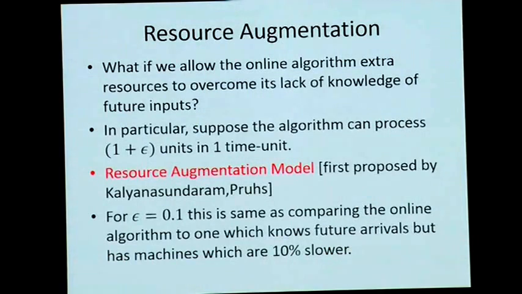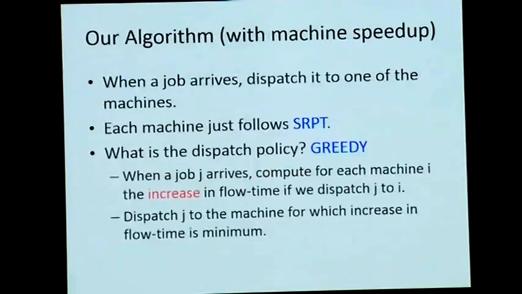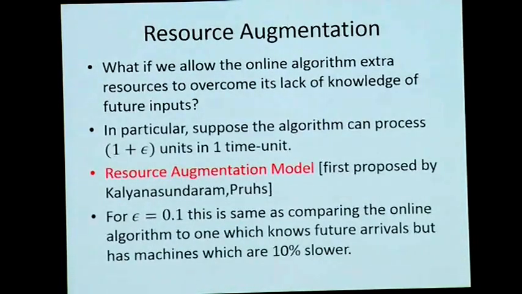So what do we do? And this is actually some of our major contributions over the last few years. We look at what is called resource augmentation. We say, okay, the online algorithm doesn't know the future. Let's give it some more power. By power I mean, let's say that our online algorithm has speeds which are an epsilon fraction faster than the speeds of the machines that the adversary has. Just epsilon.